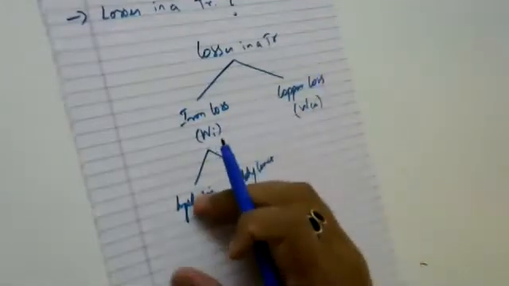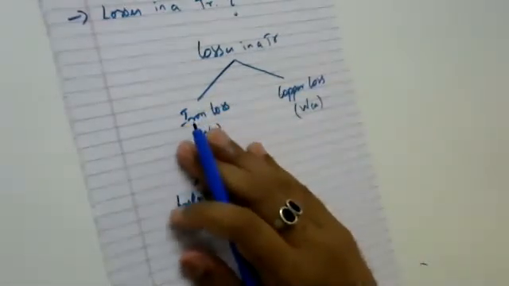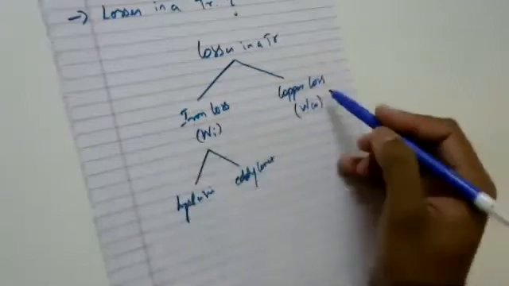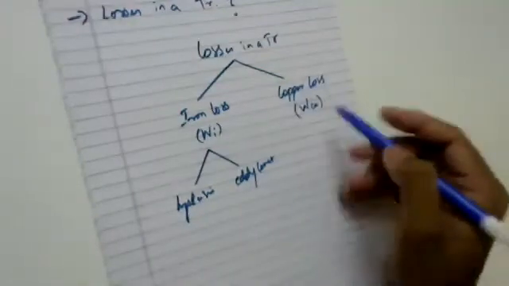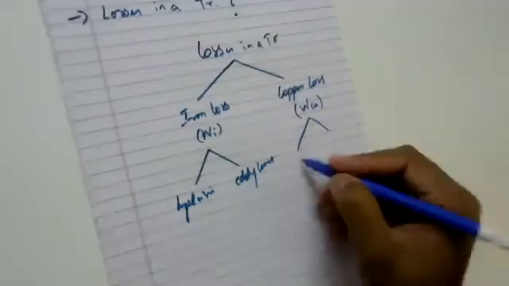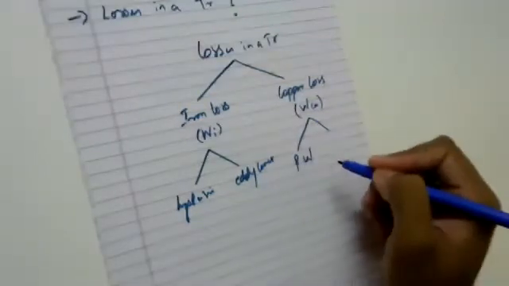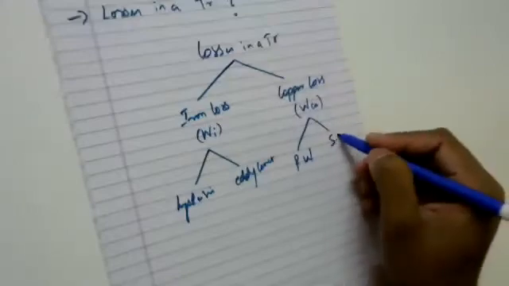So what is hysteresis loss? What is eddy current loss? This we will talk about in short now. We'll also consider how this copper loss can be further classified: the amount of copper loss that is going to occur on the primary winding, and the amount of copper loss that is going to occur on the secondary winding.